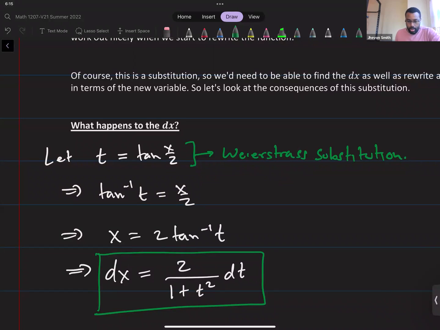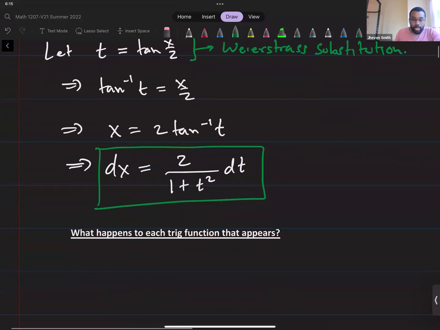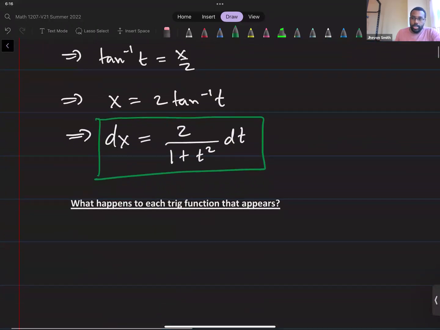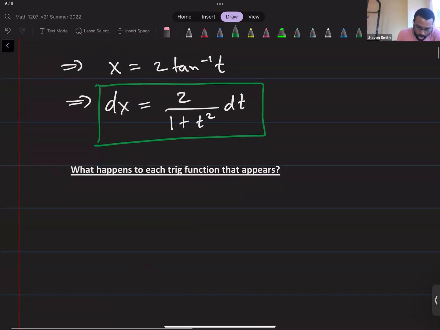dt. Okay, now let's talk about what happens to each trig function that appears. So we're assuming our f of x has a bunch of trig functions in it, so sines and cosines and all that stuff. So under this substitution, what actually happens to these trig functions? Well, if you have